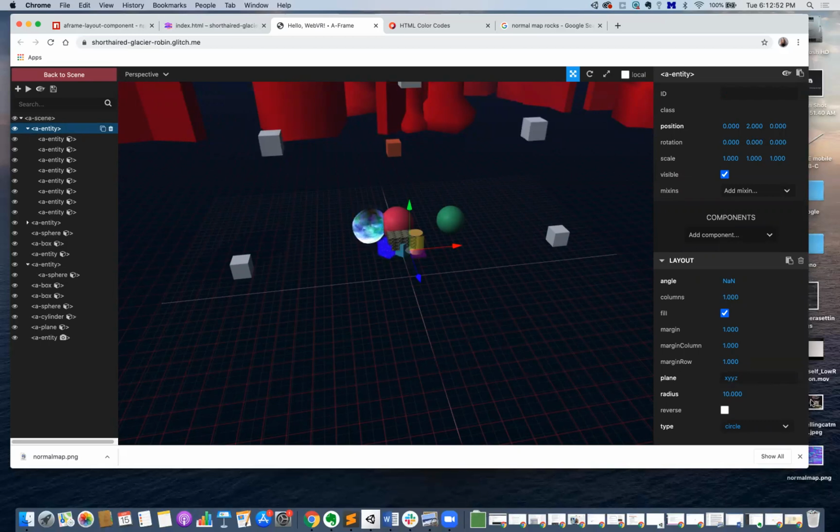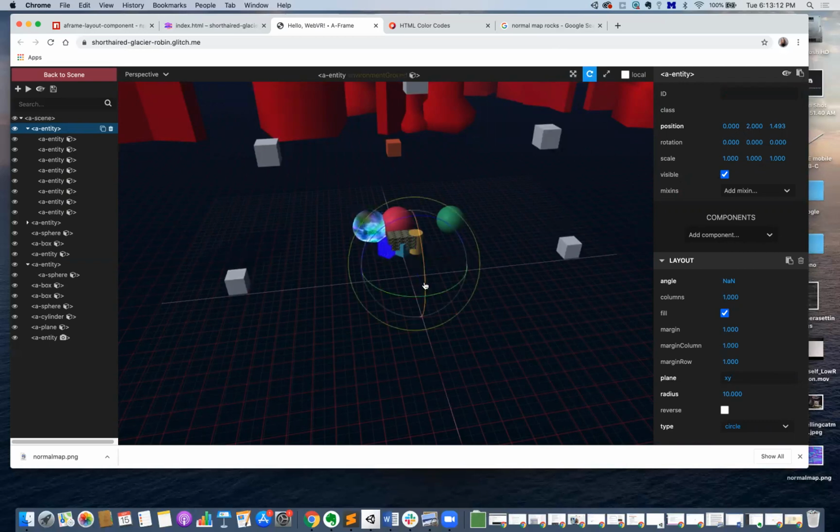Y, Z. Oh, it doesn't want me to do Y, Z. Z, Y, X, Y. Okay, what if we rotate it? So if we do this, oh, there we go. So I want to rotate it -90, and I'm going to make the